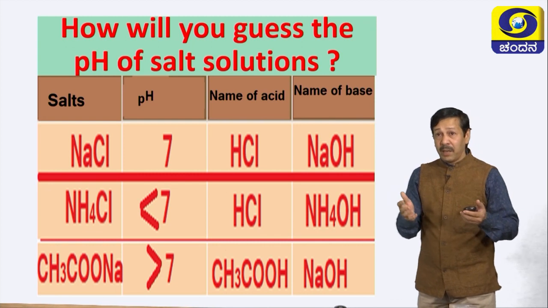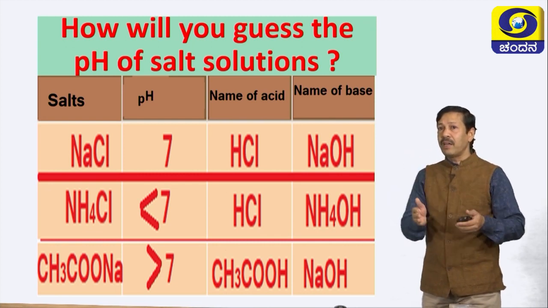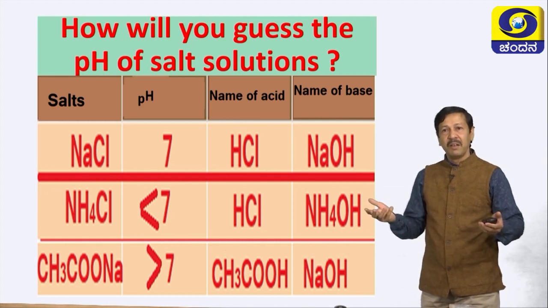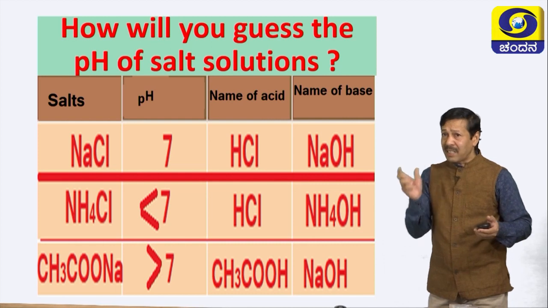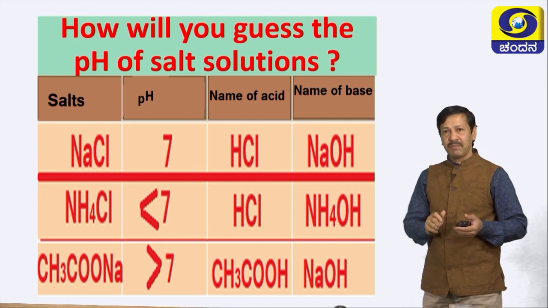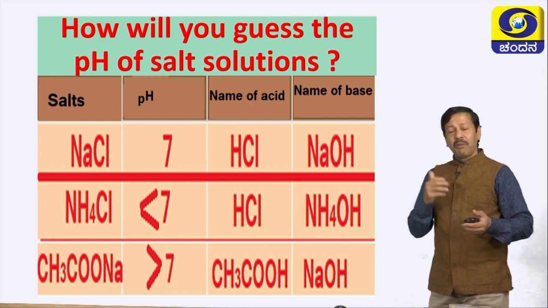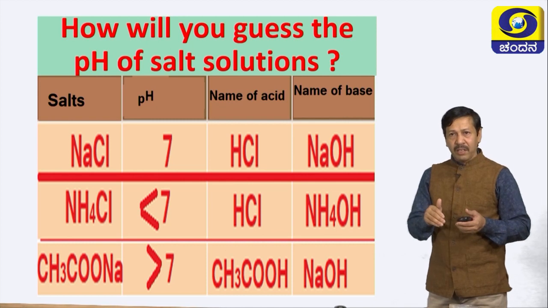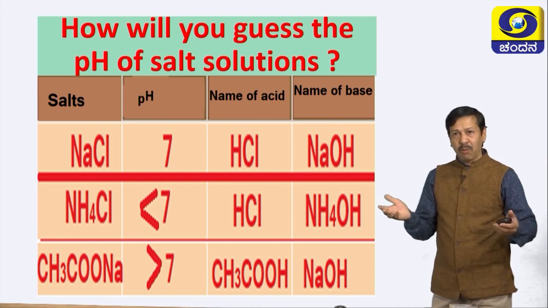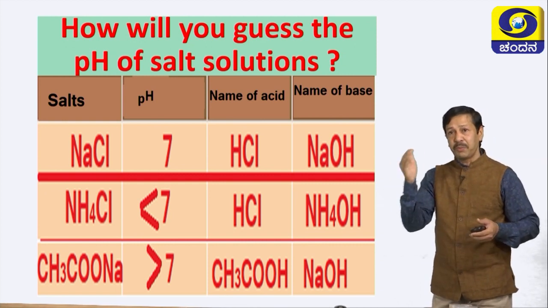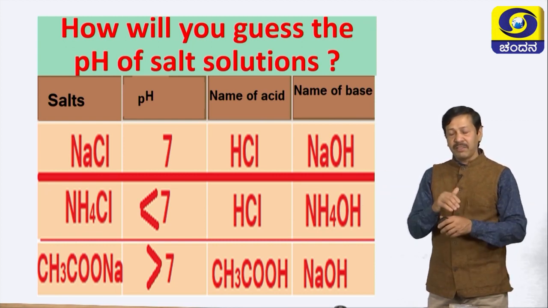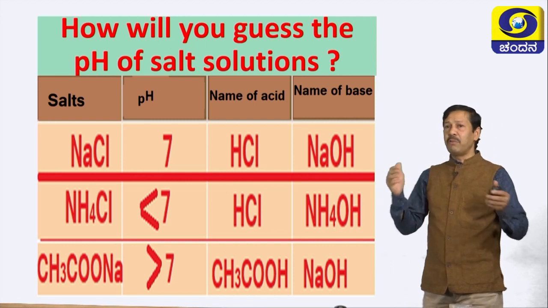Is it possible? Before that, you should identify who are the parents of these salts. Parent salts. What are these? Salts are the compounds produced during the reaction between acid and a base. So, they are the parents. Now, NaCl when added to water, it ionizes and becomes Na+ and Cl-. Similarly, water also gives H+ and OH-. Now, mutual exchange of radicals takes place, then forms HCl and NaOH.